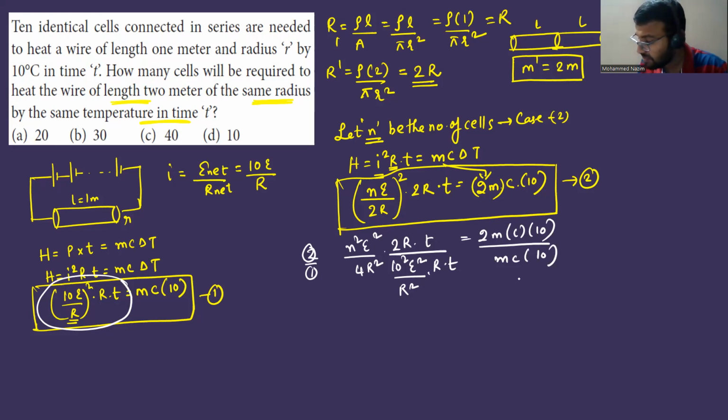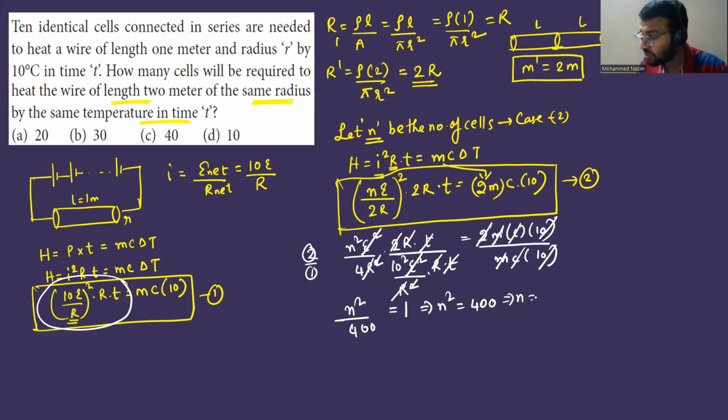We are just dividing equation 2 by 1. Now what will this become? We can see that this 1R will cancel out. Similarly 1R will cancel out, and this R and this R are going to cancel out. Time will cancel. E square will cancel. MC10, almost all the variables will get cancelled. Now 2 and 2 also will cancel. Next, I'm left with n square divided by 10 square, which is 100. 100 into 4 is 400. So only 1 is left here. So n square is equal to 400, or n is equal to root 400,